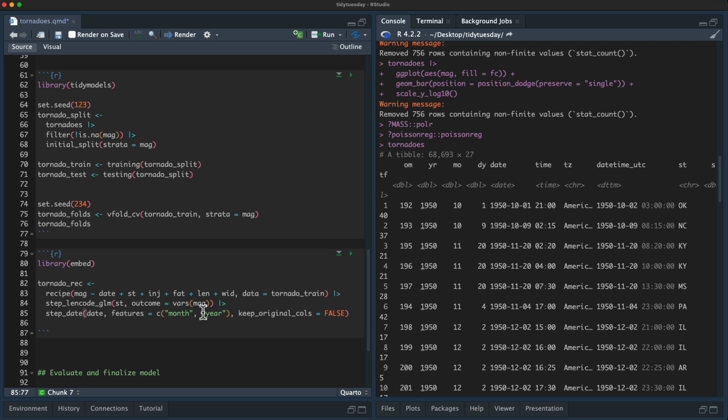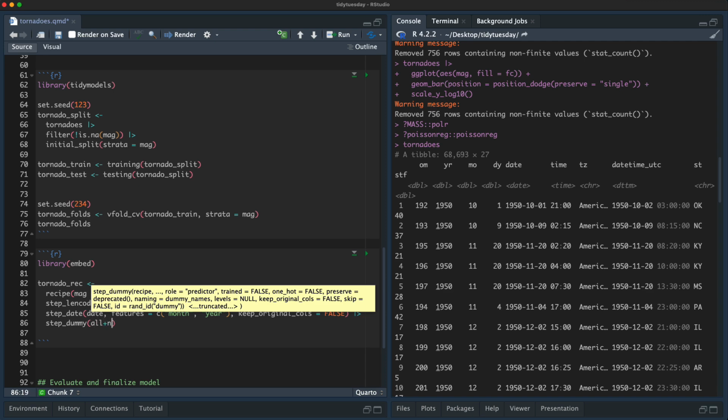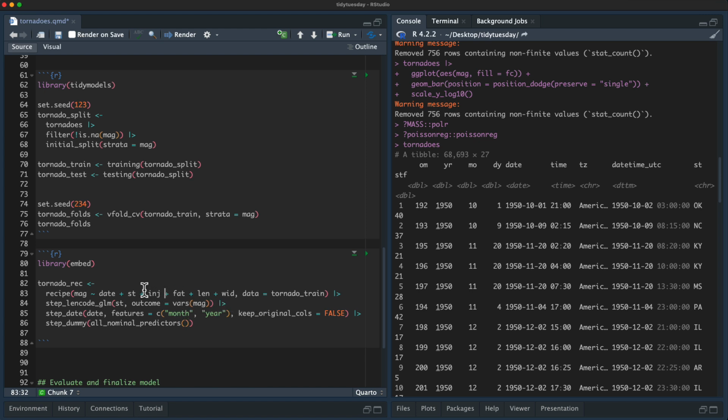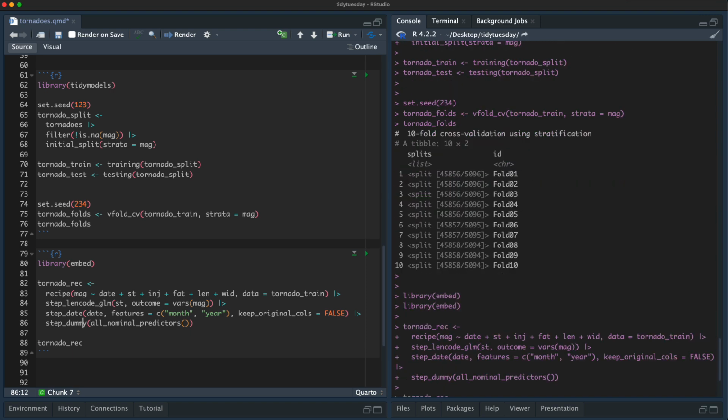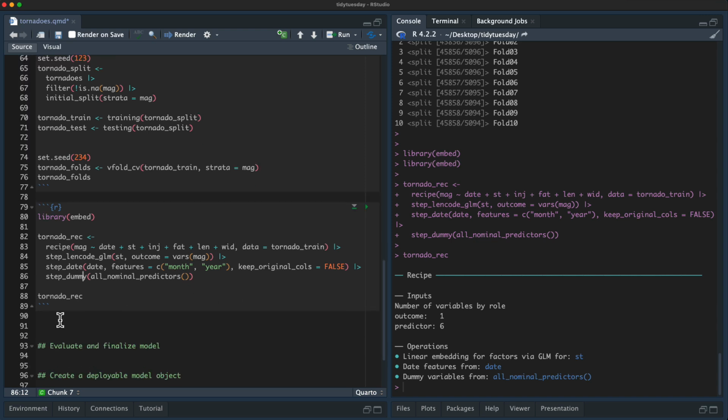So the outcome of this will be a categorical variable. It will have the months of the year in it. So I am going to use step_dummy for anything that's left over. I think it's just the month, but we can just use that there. So now anything that is still categorical will change into dummy or indicator variables. Okay, so let's look at how this turned out.